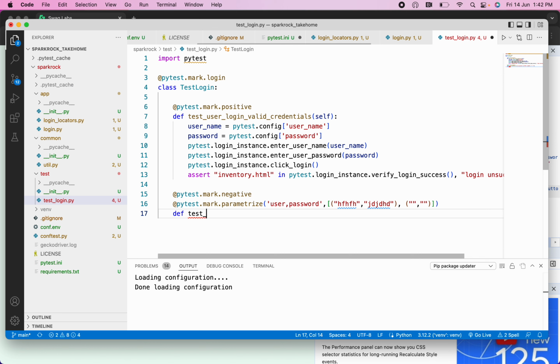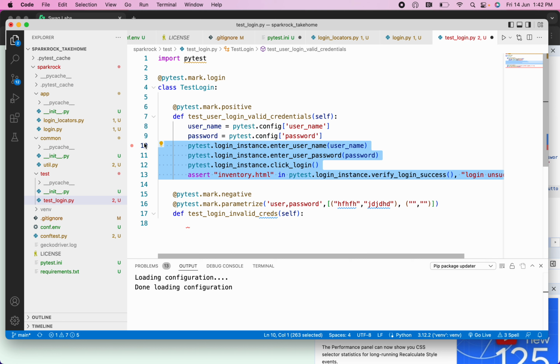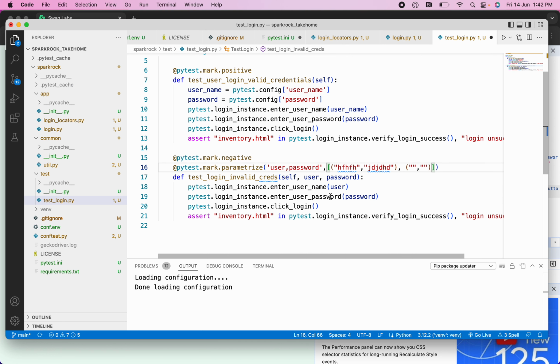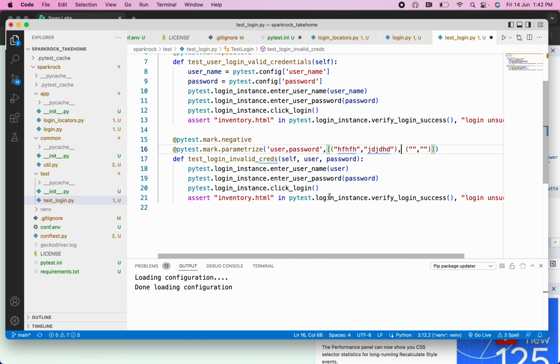Let's write test login invalid credentials self. Okay, what we're doing is just copy pasting over from here. So we also require these as arguments, right? Password, so we'll just be passing those user and password, and then what we need is